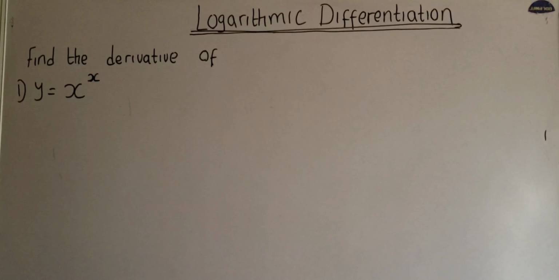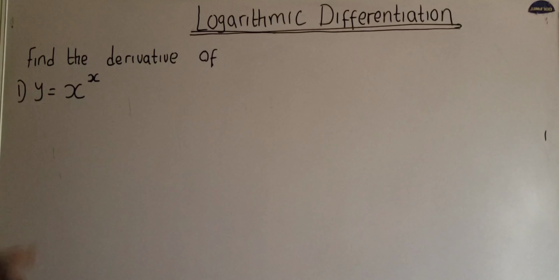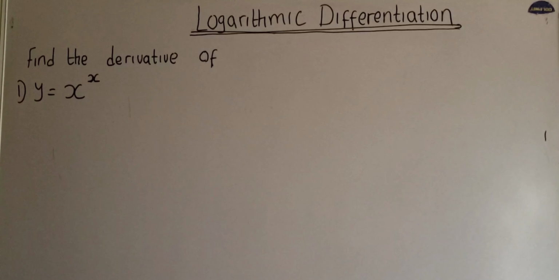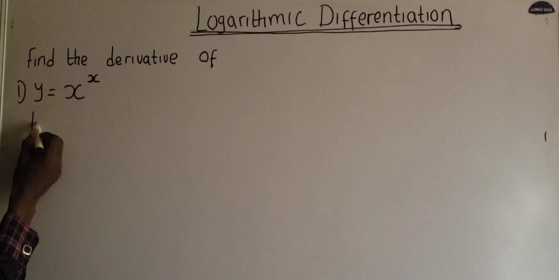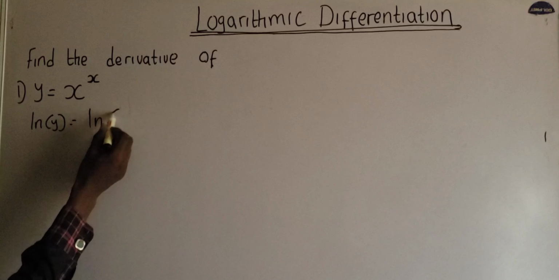We have another worked example in our series, which is logarithmic differentiation. Find the derivative of y equals x to the power of x. To solve this question, the first step is to take the natural log of both sides. So I'm going to have the natural log of y equals the natural log of